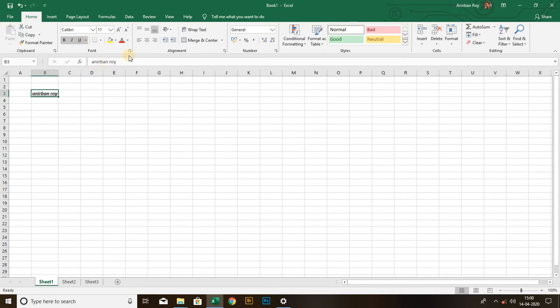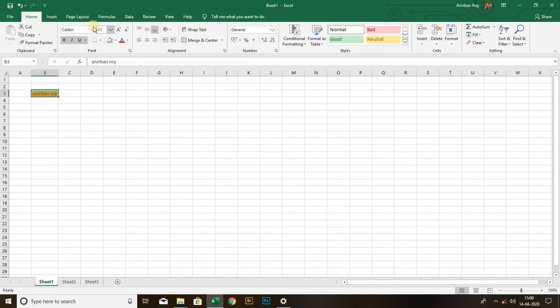And we can also change the color of the text itself. Suppose the text became red, as you can see. We can also put some background color by clicking this. These are the background colors. I'm using green over here, it's looking nice, I guess.